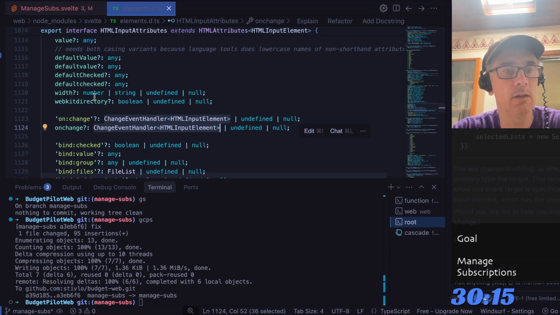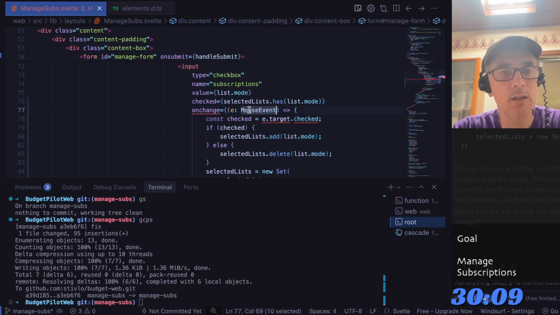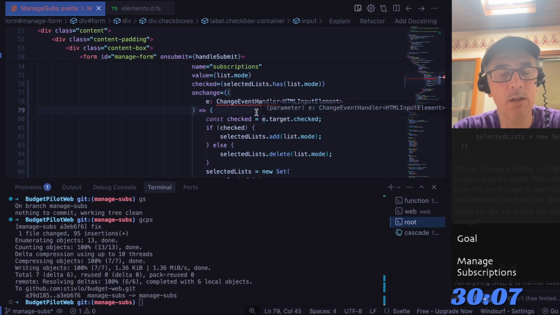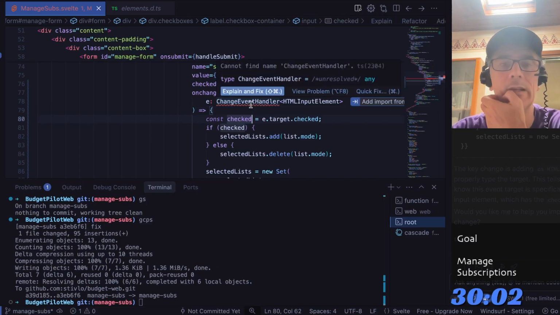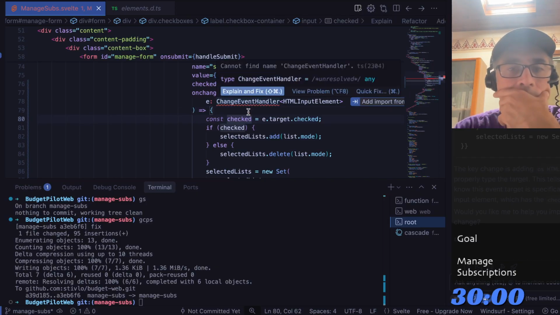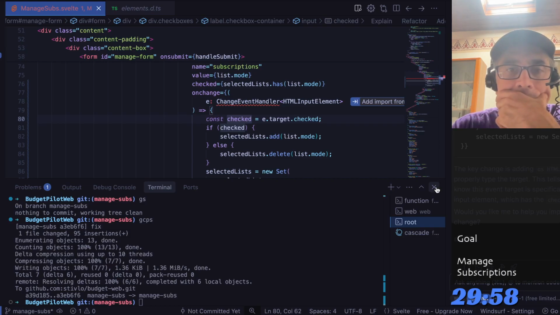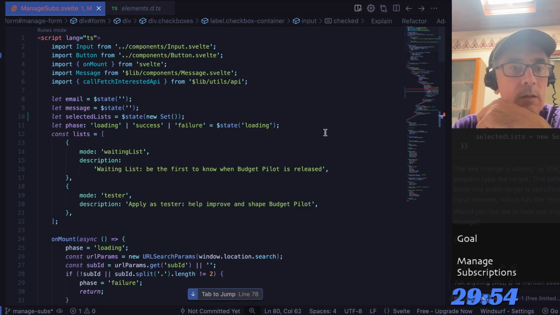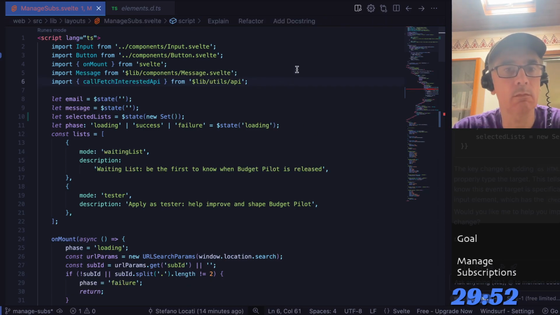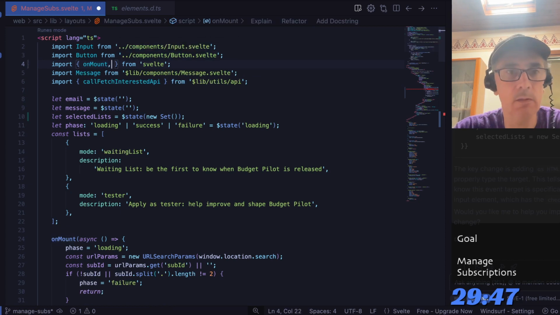Okay, this Svelte framework. Yeah. But that's the right type. Let's do this. Okay, we just have to import it now, and hopefully it will work. So we go here, from Svelte. Let's try change. What was that? Change